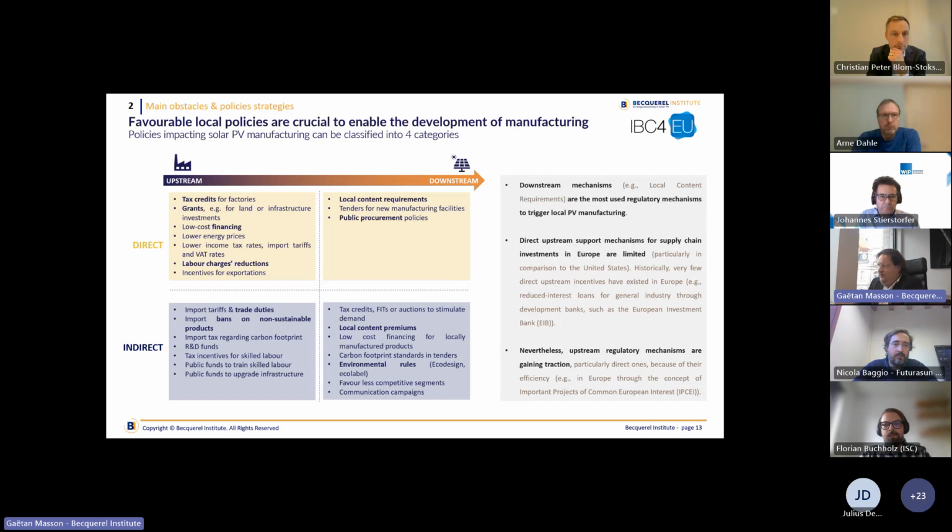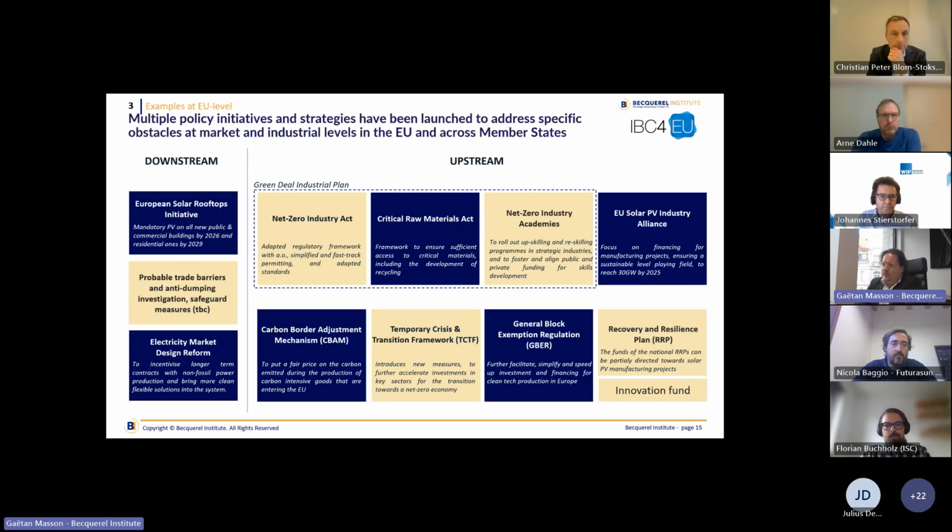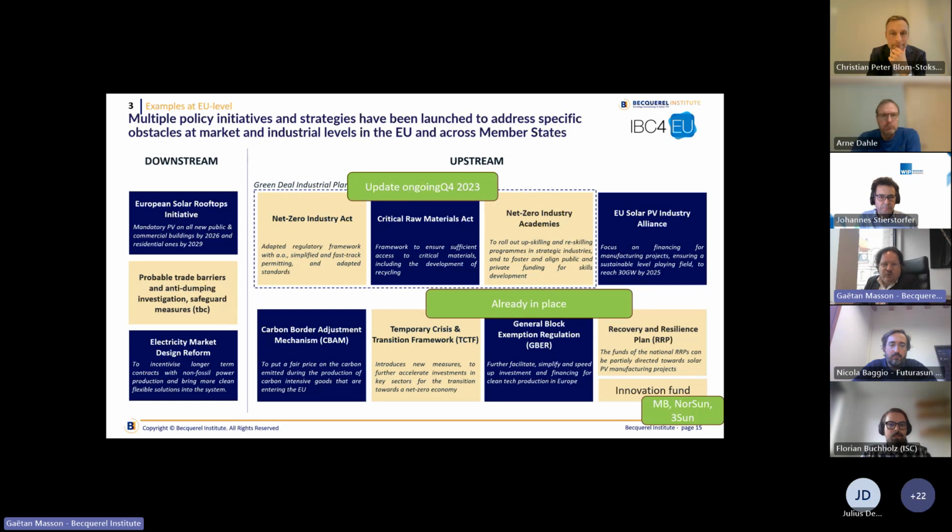The question is, how can we set up that in Europe? We have many things which are ongoing in Europe for the time being, on the downstream side and on the upstream side. I will not spend too much time on the downstream side, but focus more on upstream, so the industry. The Green Deal Industrial Plan of the Commission, which has been presented in the first quarter of the year, is probably the most advanced set of regulations. And normally it should be voted in the European Parliament. So the update should be voted in the European Parliament in the coming weeks,